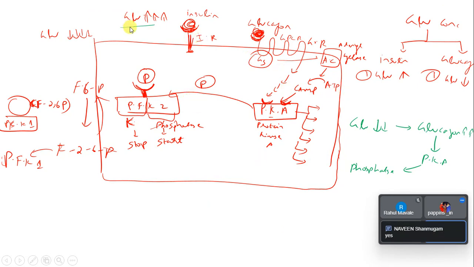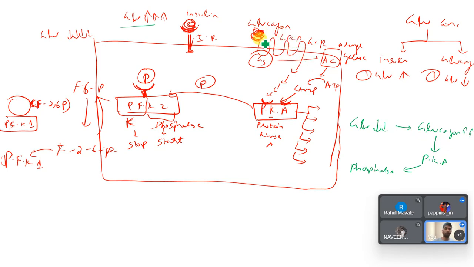So we have already discussed, everything here is based on logic. When glucose is quite less, then the cell should not use glucose, it should give it back to the blood, because the maintenance of glucose in the blood is really, extremely important. Therefore, when glucose is low in blood, the glucagon is secreted, and this glucagon goes and